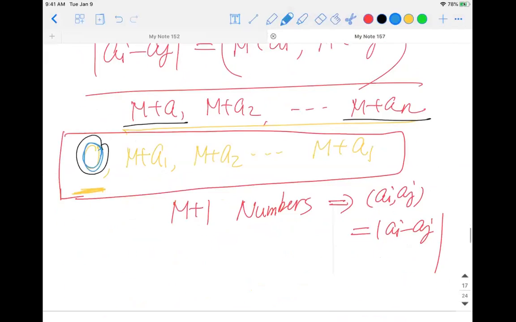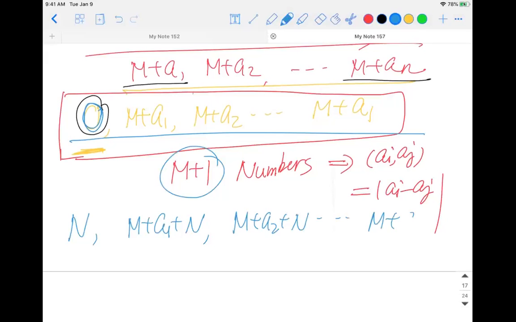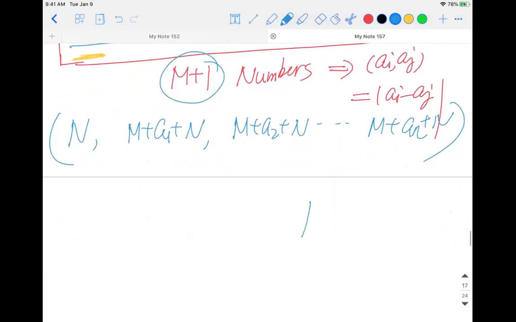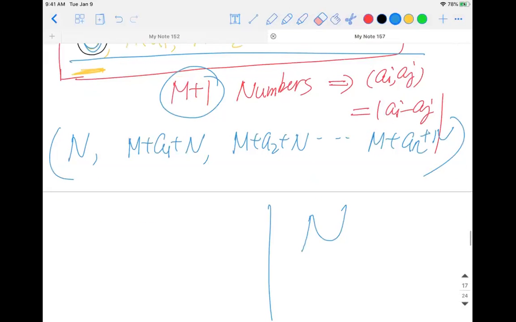Now, I'm looking at n plus 1 numbers. I will do exactly the same thing. m plus a1 plus n, m plus a2 plus n, all the way to m plus an plus n. As long as n can be a divisor of, for the original,